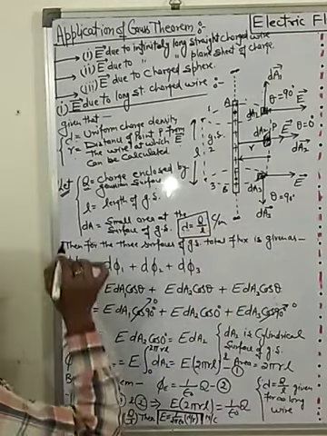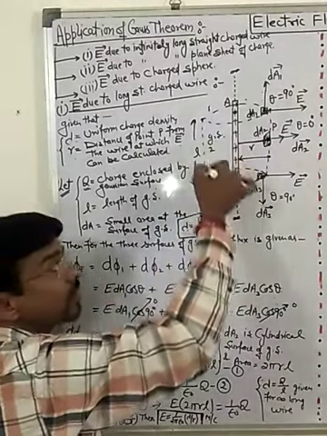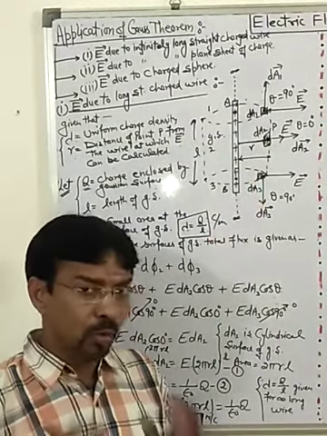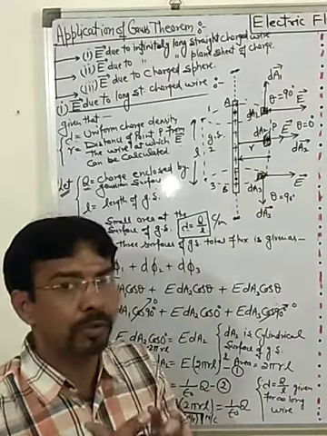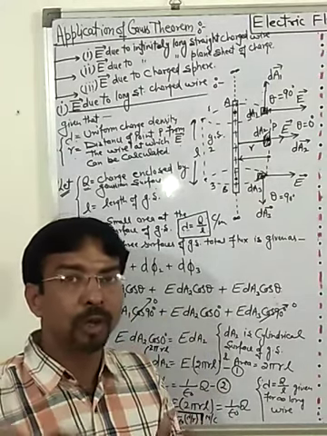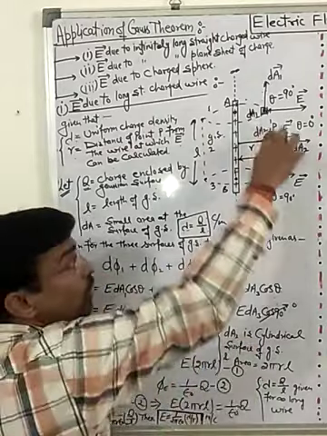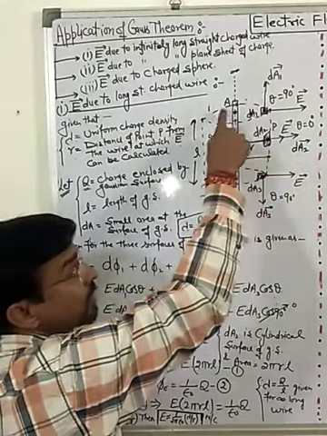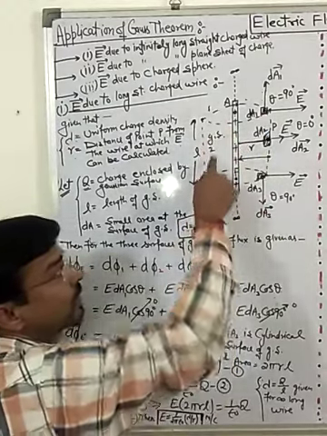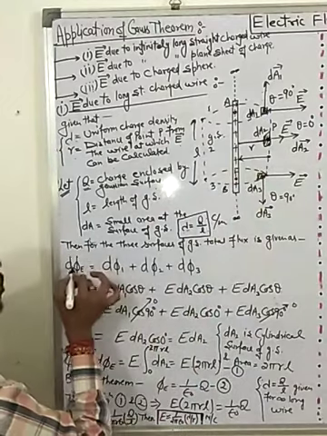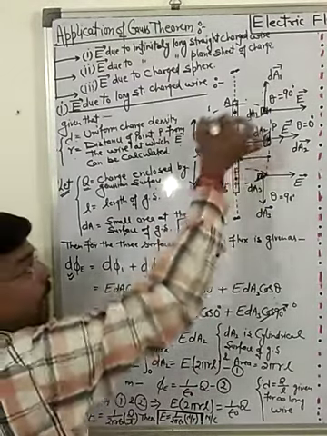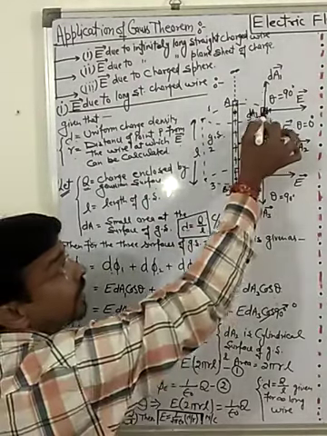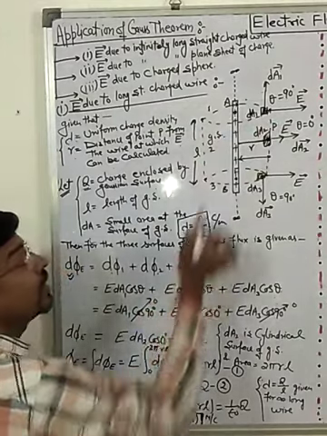Now we want to find the total flux released by the Gaussian surface. You know, Gauss's law informs us, total flux phi will be equal to 1 upon epsilon naught times the total charge enclosed by that Gaussian surface. So now there will be 3 different types of surfaces. First one circular, second one cylindrical, and third one circular. So therefore the total flux through that cylindrical Gaussian surface becomes d phi 1 plus d phi 2 plus d phi 3, which just passes through the different surface areas.